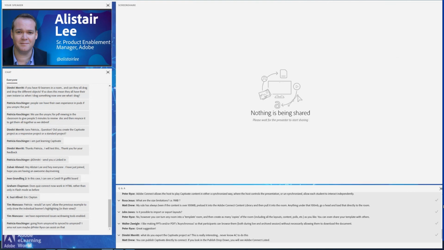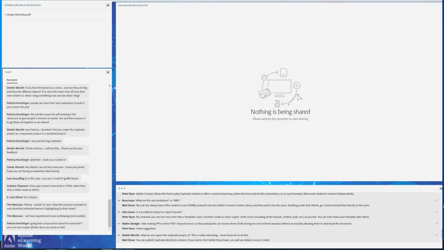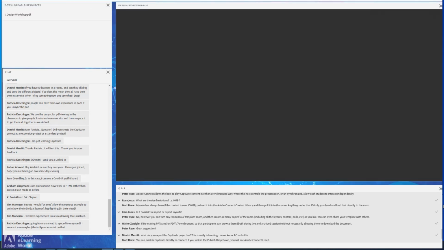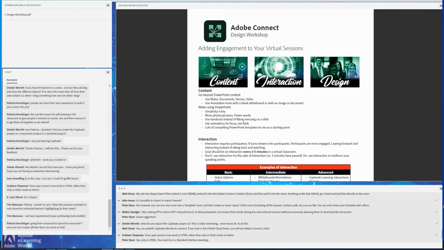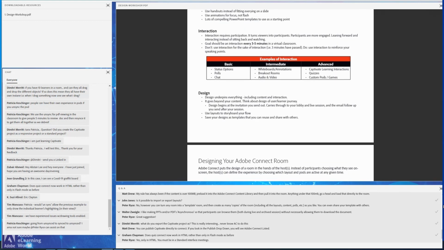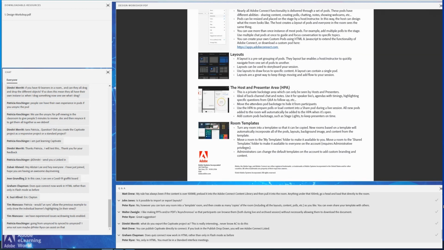What I'm going to do now is stop sharing my screen and take you to a layout that I've created for today's session that has the handout that I referred to earlier. So I've talked a lot about content, interaction, and design. I didn't get a chance to really go through content, so this handout may come in handy for that. This handout has the 3 different buckets of interaction that we referred to.